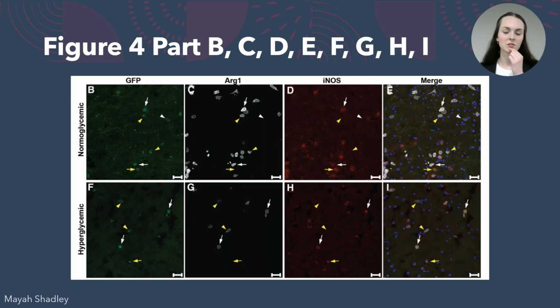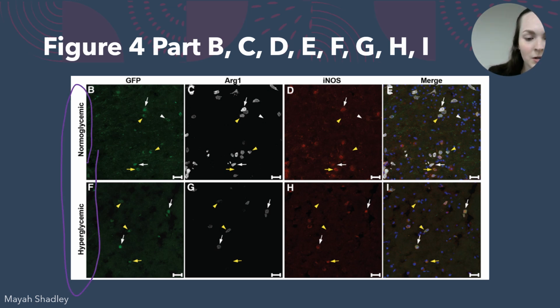All right, so now we've got parts B through I. I don't know why it's broken up into so many little squares, but I will break it down for you, don't you worry. This is the immunofluorescent microscopy, and it looks a little crazy, and we don't know what's going on at first, but on this little y-axis, pretty much, I mean, it's not a graph exactly, here it's getting broken into the normal glycemic versus the hyperglycemic, which is important for us to be able to